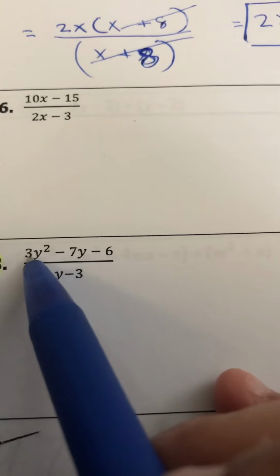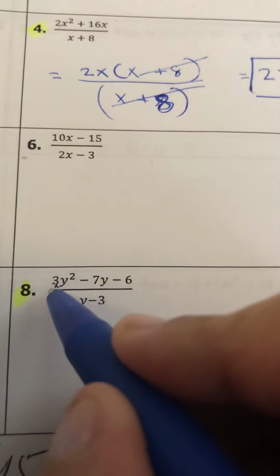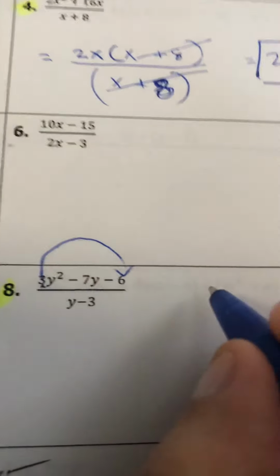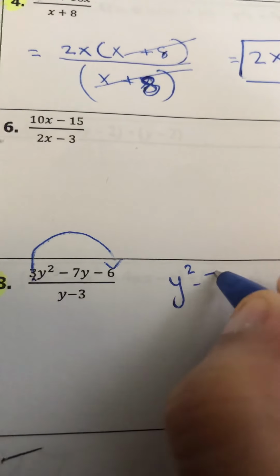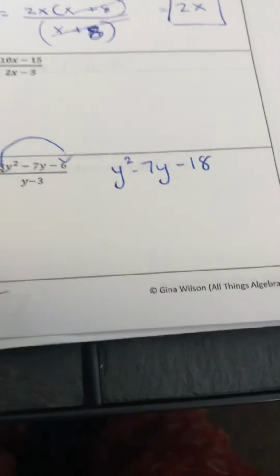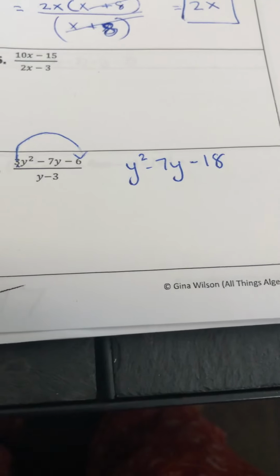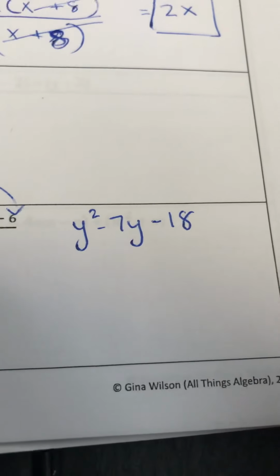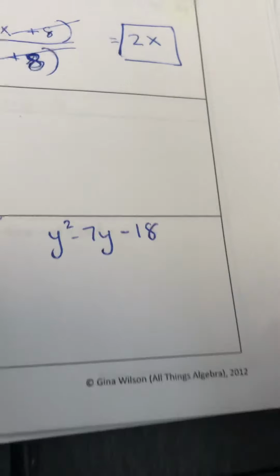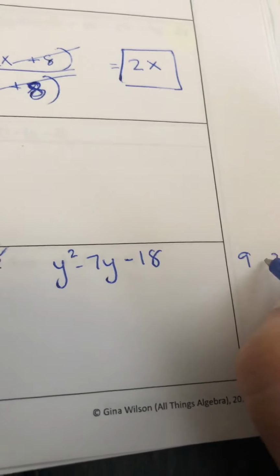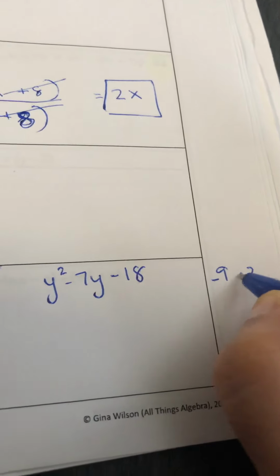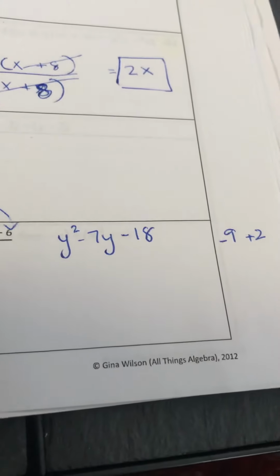So here I'm gonna slip: this number multiplies with this and becomes my new constant, so it becomes y squared minus 7y minus 18. Now I have seen most of the students do this step but they forget to divide by the actual number they multiplied with. So the two numbers which give me 7 would be 9 times 2, right? 9 and 2 will give me 18, and negative 9 and plus 2 will make it a negative 7, right?